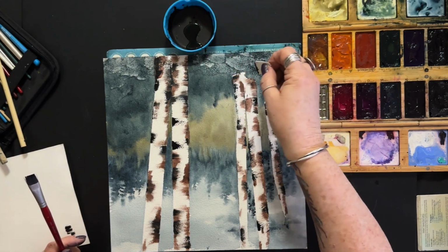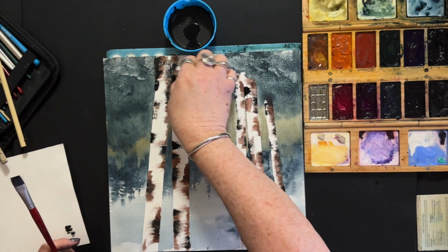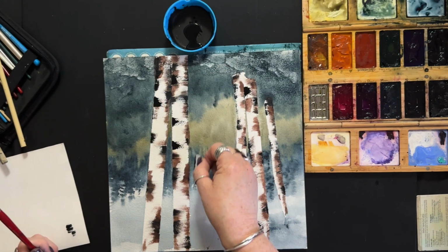Feels like it's all over my hand, but I don't think it is. Do a couple of these and then go back with the brush and see where we...